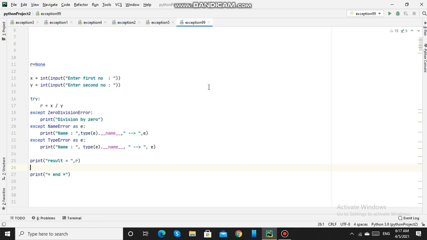Now a recap of what we have done so far. When the try block throws an exception, that exception is caught in the except block by the statement except Exception as e, where e is any variable name and Exception is the general base class.